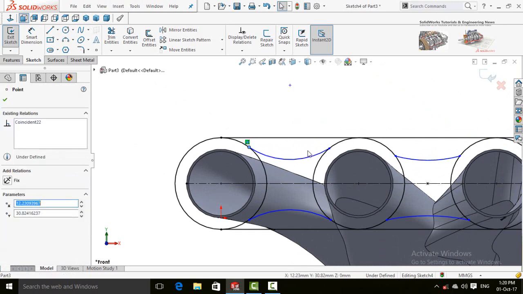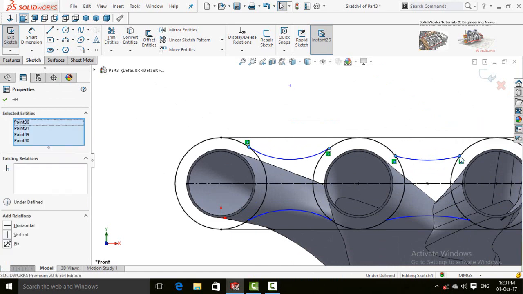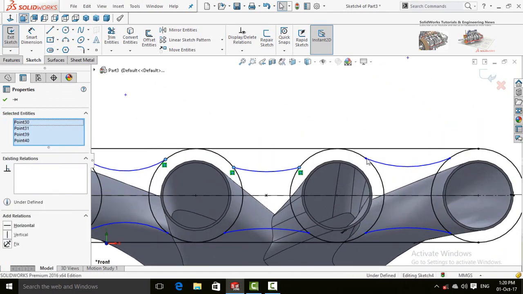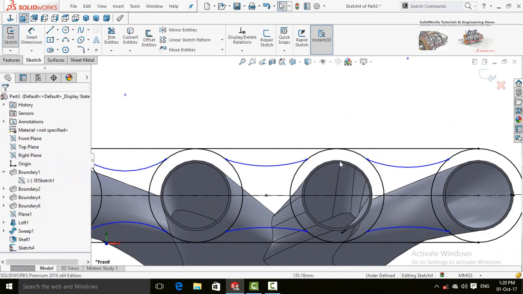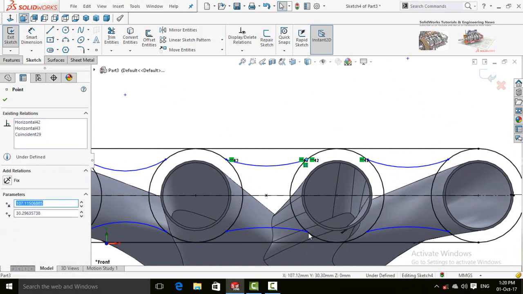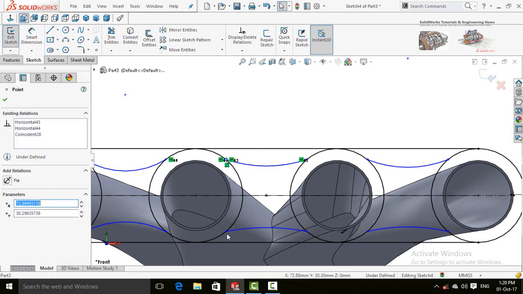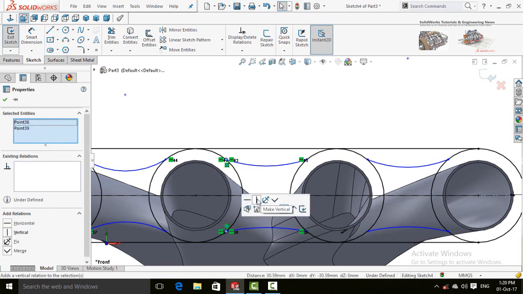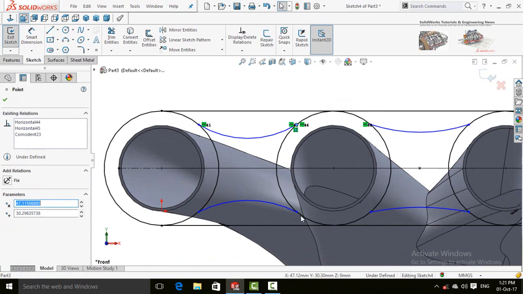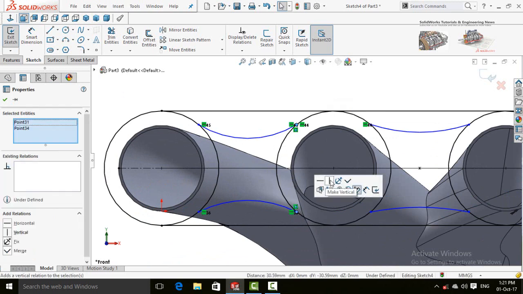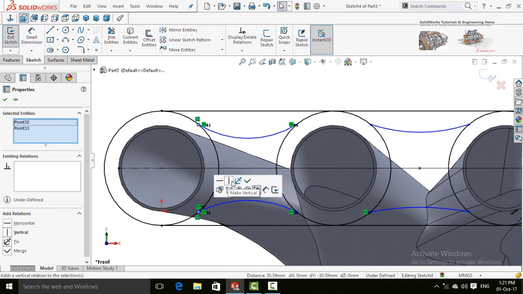Same for these points on upper side. Make horizontal. Now select both of these points and make them vertical. Repeat this process for all arcs. Vertical and vertical.